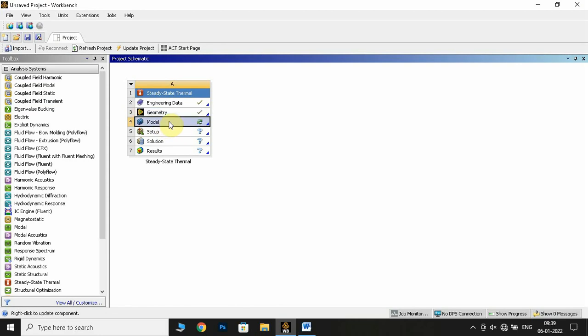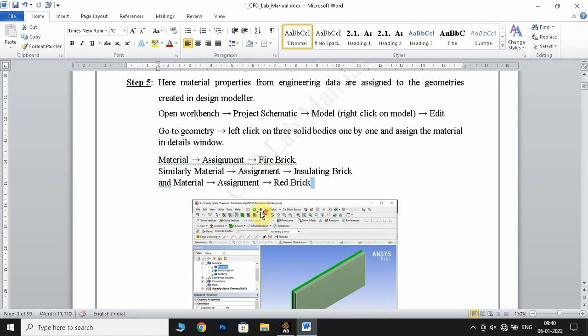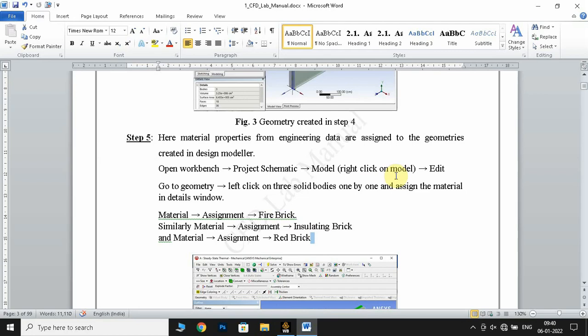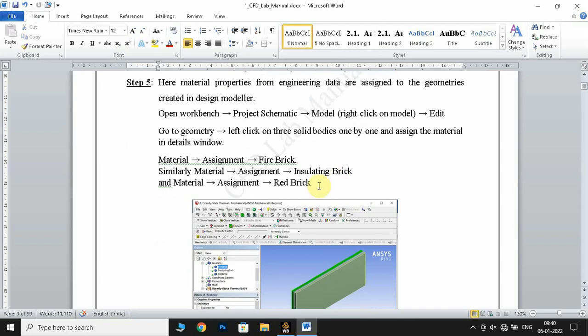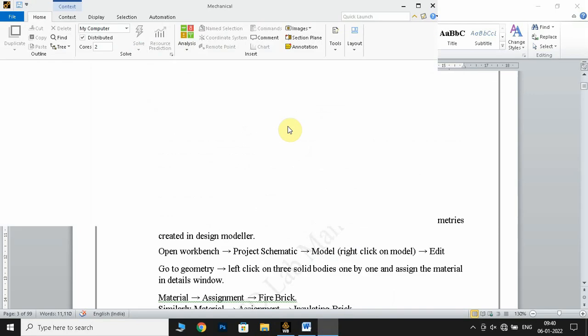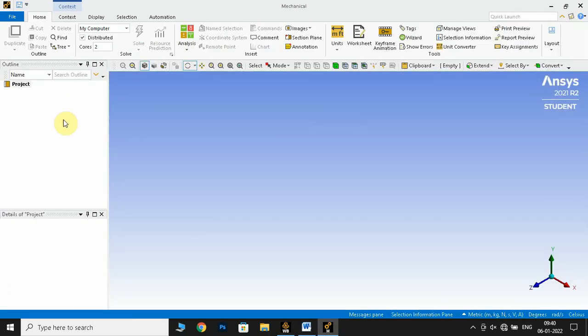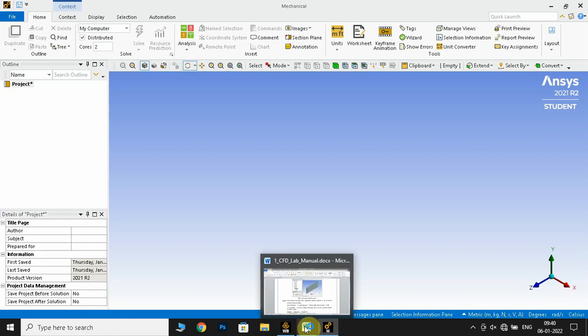And now there comes the model, right click, edit. You can see it's starting, so that means you have clicked, and it's starting the model part. In the model part, we assign the three bodies the materials which we provided in the engineering data, and also we assign named selections. It's going to take a little time to load everything.